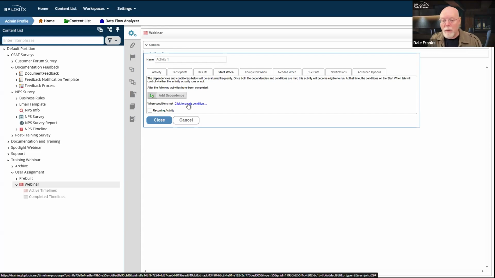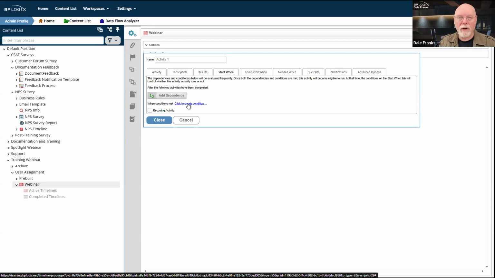So it's important to remember that all of these conditional evaluations, including task assignment, are all done as soon as the activity is eligible to run. When it's eligible to run, we're going to do those checks. We're going to assign participants. Well, we're not even going to do it in that order. In fact, we're going to do it in the reverse order. First thing we're going to check is the needed when condition. Do I actually need to run this activity? Do I? Great.